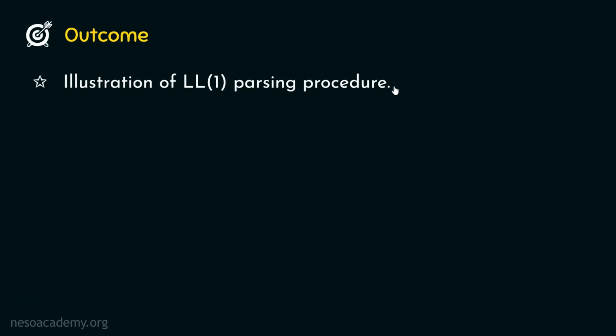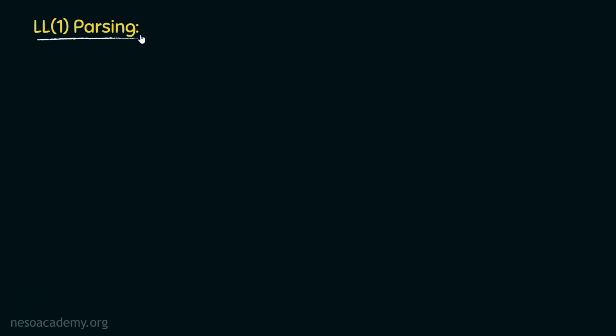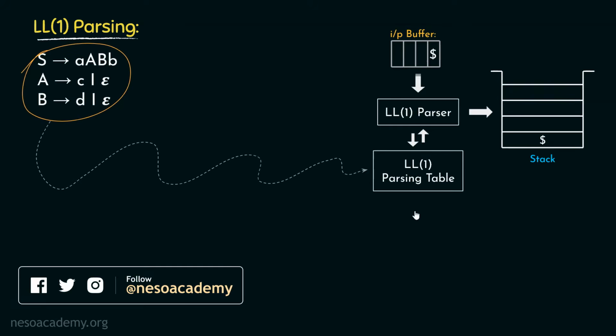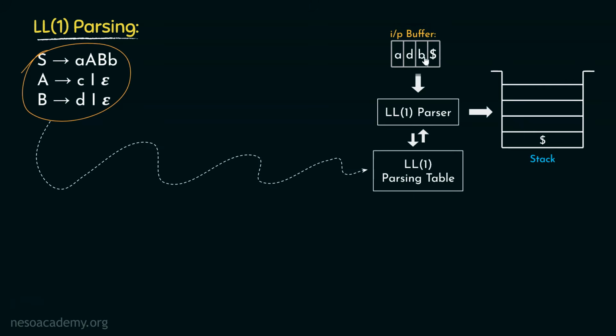procedure. Now coming to LL1 parsing, we know the LL1 parser has got an organization like this. Now today we are going to take this particular grammar and feed it to the LL1 parser, and we will observe how to create the LL1 parsing table for that. And thereafter we will observe that for a particular input string, how the LL1 parser is going to produce the parse tree. Now in order to create the LL1 parsing table for this particular grammar, we need to find out